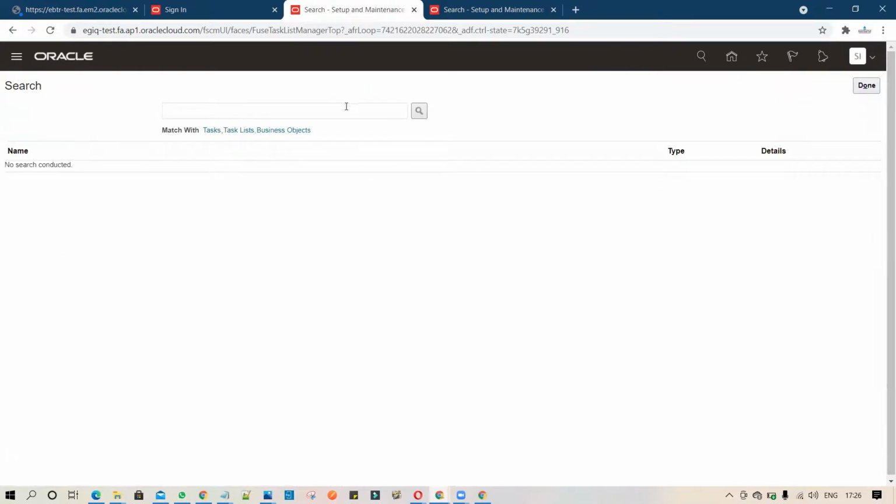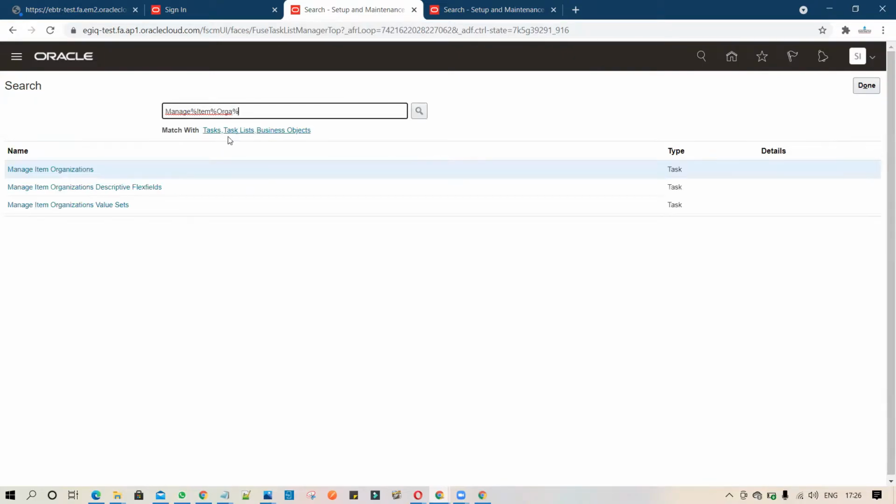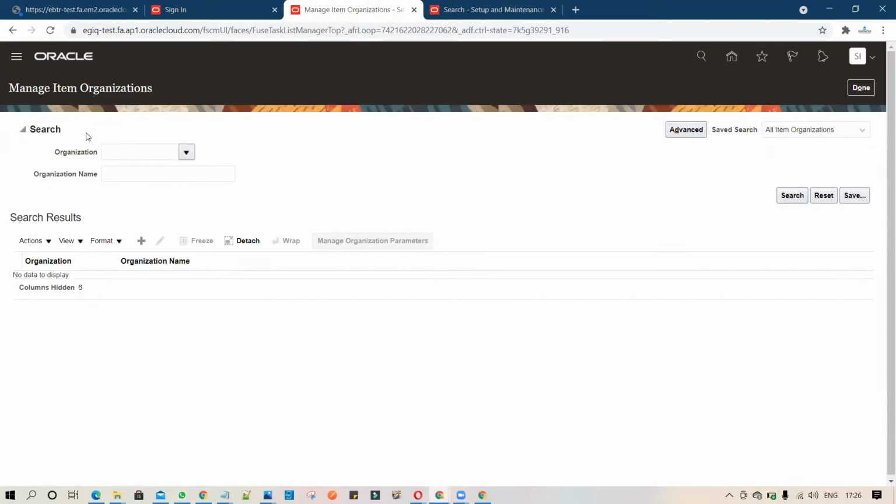Once you click on search, you have to type manage item organization. You have to click on task manage item organization, and you have to click on plus icon.